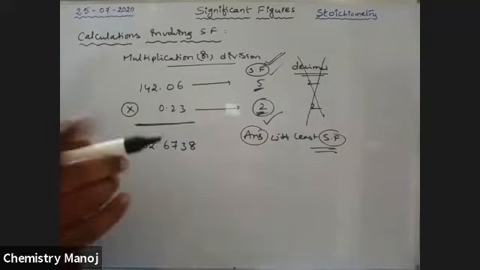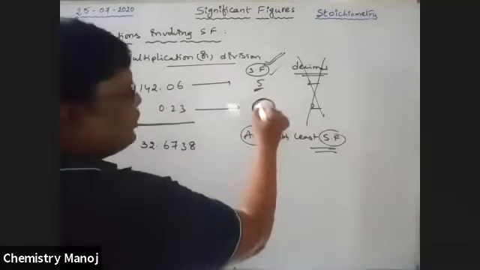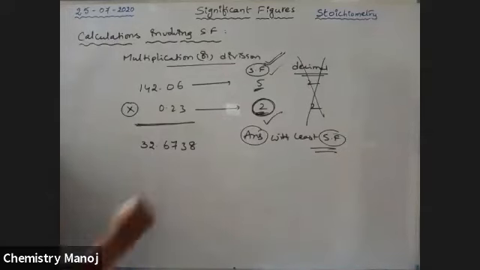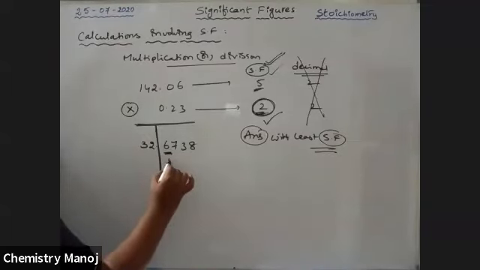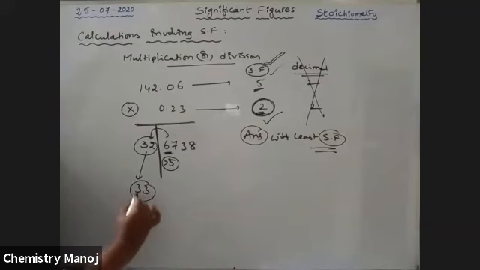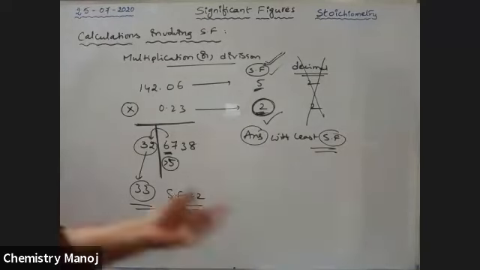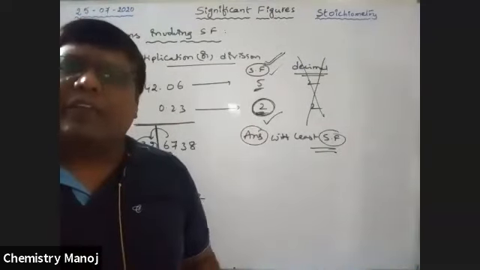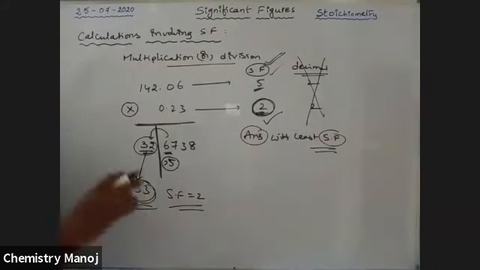Okay, therefore your answer is wrong, boy. Now, with least significant figure, it is 2 only. So, with significant figure, 2 answer only. That means I am going to cut here. So, now I am going to neglect these values. So, this is greater than 5. Add 1 to this one. Now, our answer is 33 only. So, here significant figure is equal to 2 only. This is the way of rounding off the value. So therefore, our answer is 33, not 32.67 something.